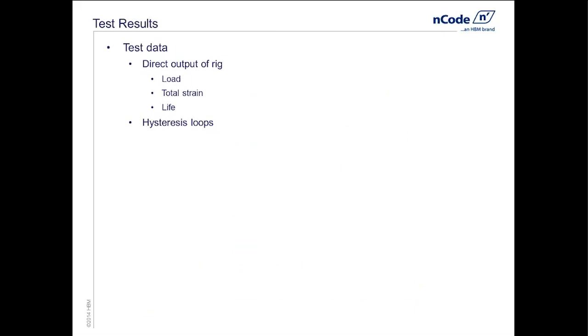Once we've performed our tests, we now have data, and the data can be in a couple forms. The direct output of the test rig we've seen is load, total strain, and life. Load, we're measuring the strain on the specimen, and the part basically has a life that is either the load drop-off or separation of specimens. In addition, typically we are capturing enough data that we're measuring the hysteresis loops as well. So we're able to quantify the